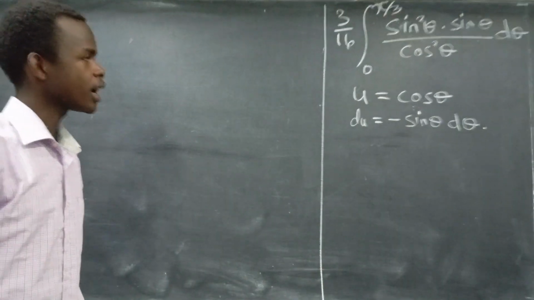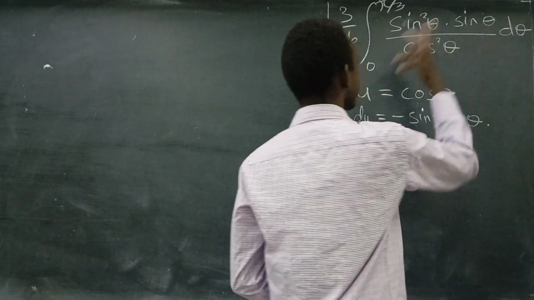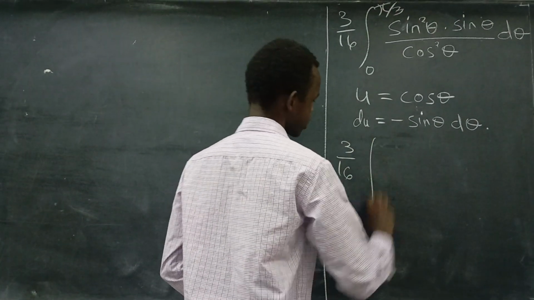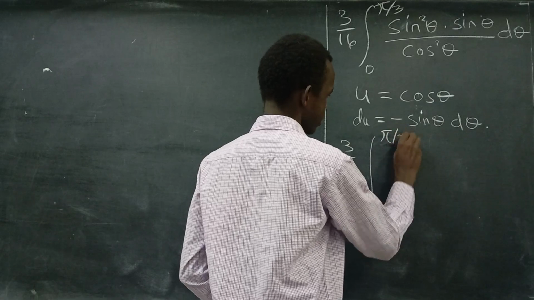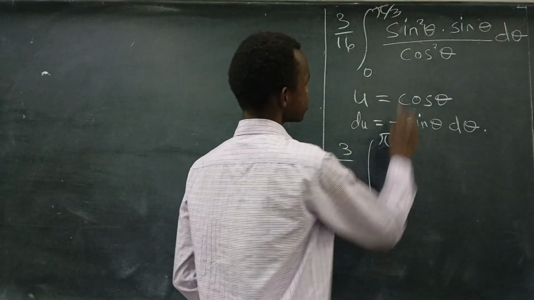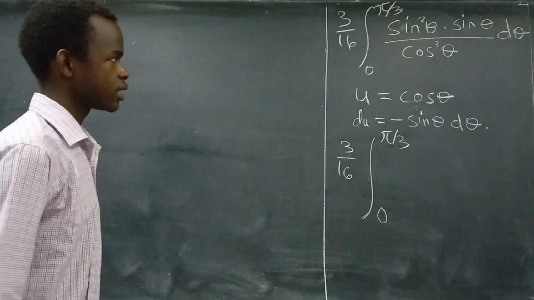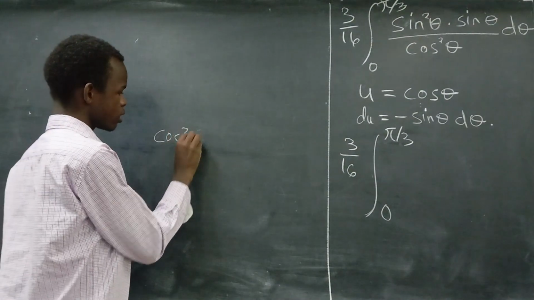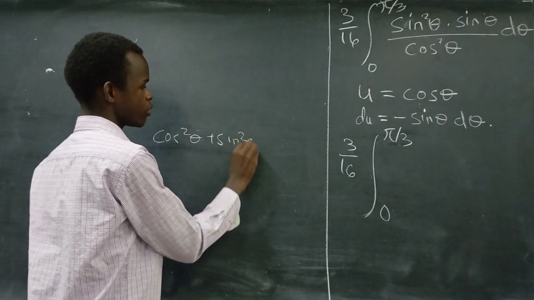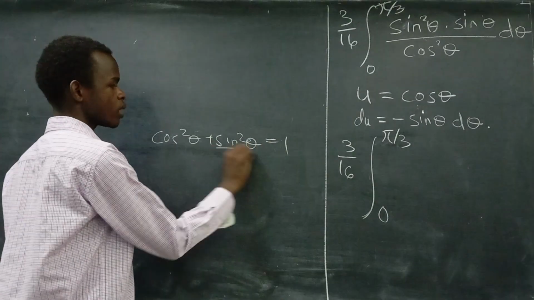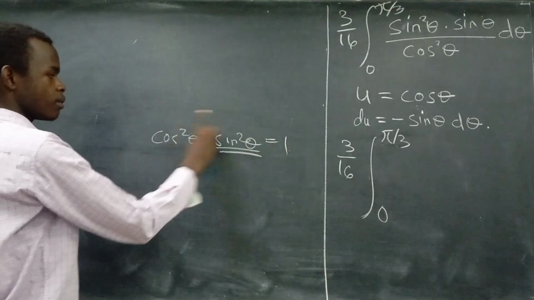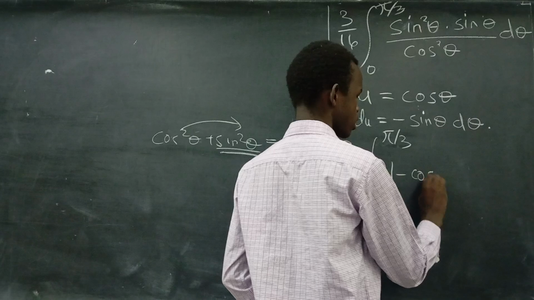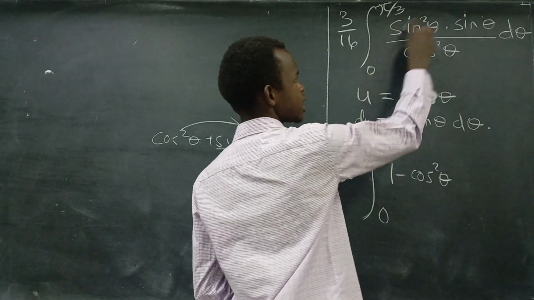So from there, I'll replace inside my integral with that part. So I'll get 3 over 16, the integral from 0 to pi over 3. What's my sine squared? From the Pythagorean identity, we know cos squared of theta plus sine squared of theta is the same as 1, right? So my sine squared is just the same as 1 minus cos squared of theta. So I'll write 1 minus cos squared of theta, that's my sine part,